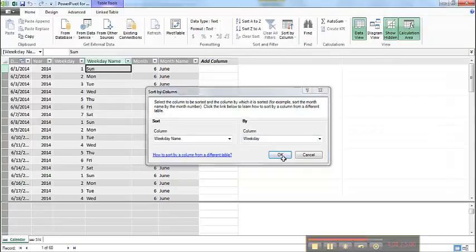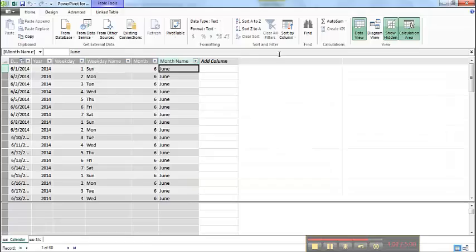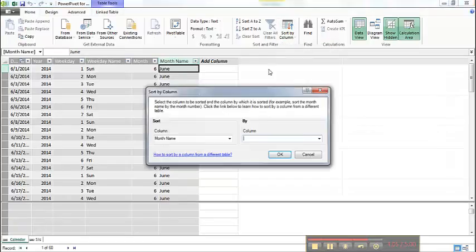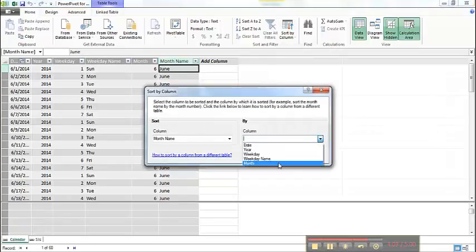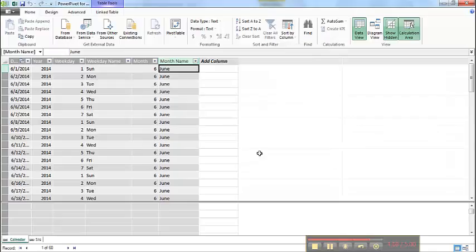Go ahead, click OK. And the same with month name. Sort by column, pick the month. And now everything should sort properly instead of alphabetical order. And that is how you at least set up your